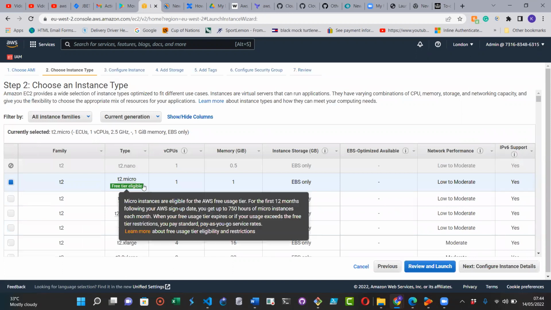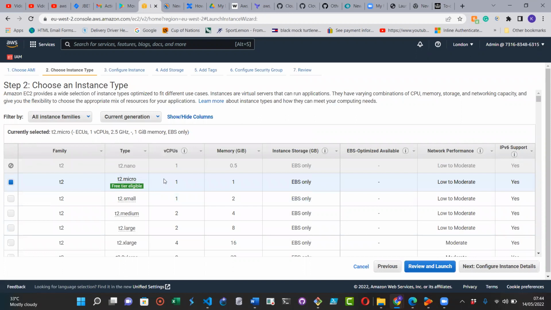Since we're using a free tier account, we'll be choosing the T2 micro as the instance type. As you go along, just watch here. We're going to go through from step 1 to step 6 and 7 before this instance is configured or provisioned. So when you click next,